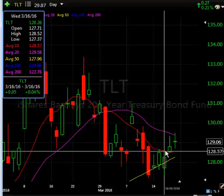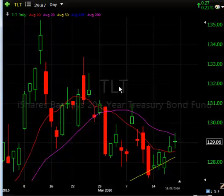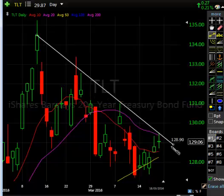You see 128, it is at 129. If it can hold this, there is a channel resistance here though. You have to keep an eye. Once it's broken, it's bad for the market. If it breaks this channel resistance here, as soon as it can hold the 20-day and above, this will get ugly